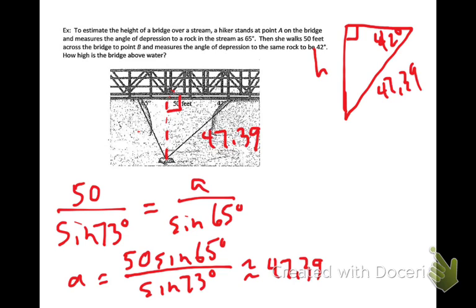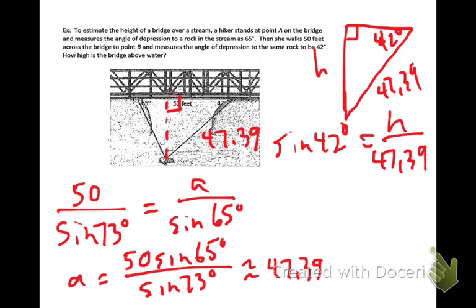So we do sine of 42 degrees equals the opposite, h, over 47.39. And so then we have h equals 47.39 times the sine of 42 degrees. So that's going to be approximately,